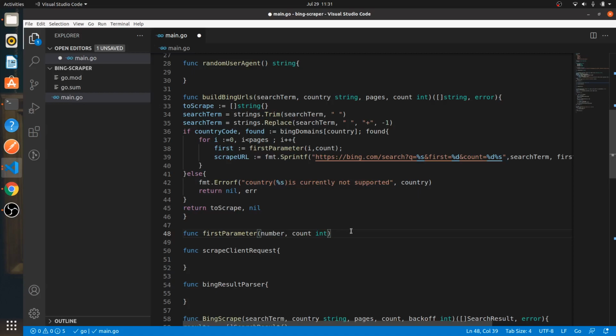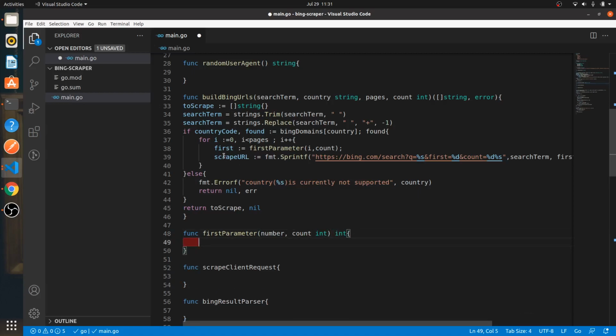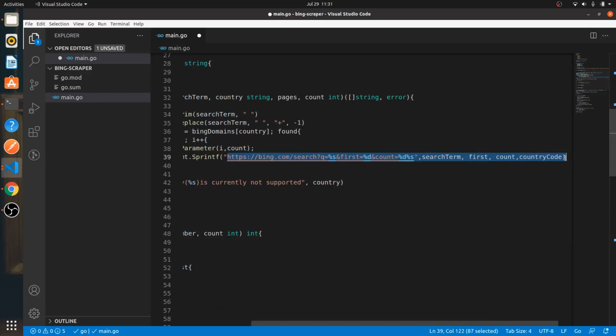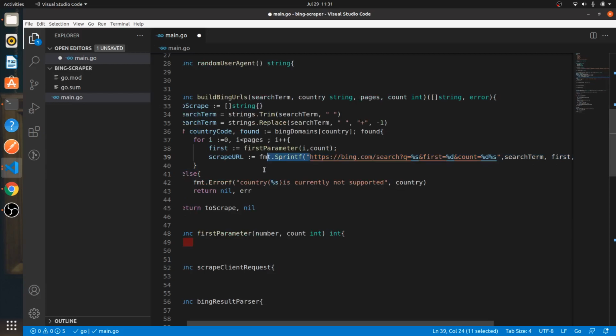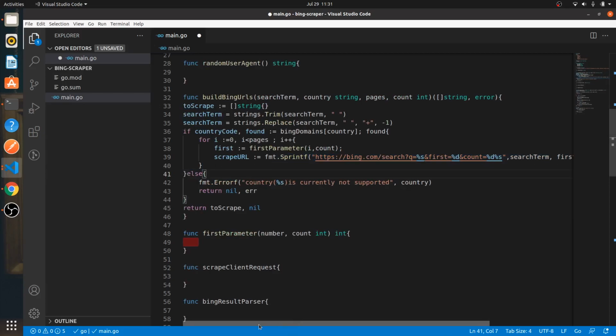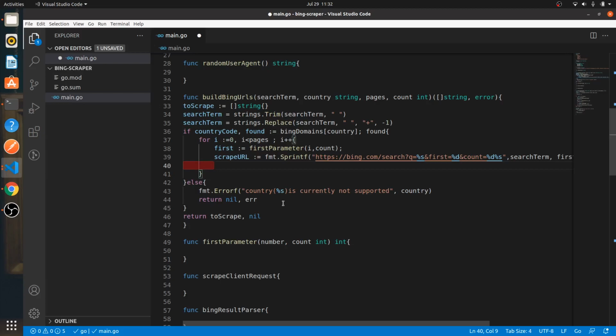And in this function, you just return an int, which will be the value of first here. So like page 1, page 2, page 3, right? And every single time this link is getting created with all of these different variables as well. And that's what we're going to be, the scrape URL. Basically, we're going to keep, actually, let me do that so everything will make more sense to you. So basically we're going to keep appending our scrape URL